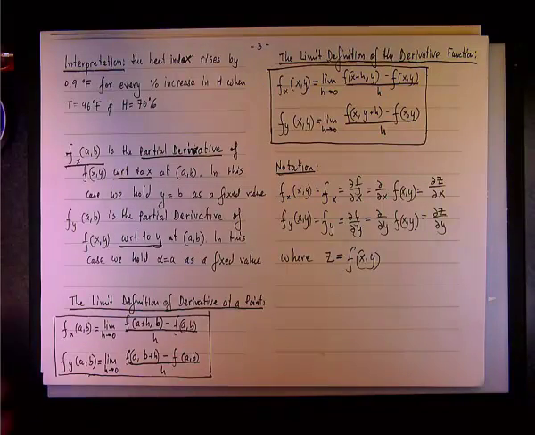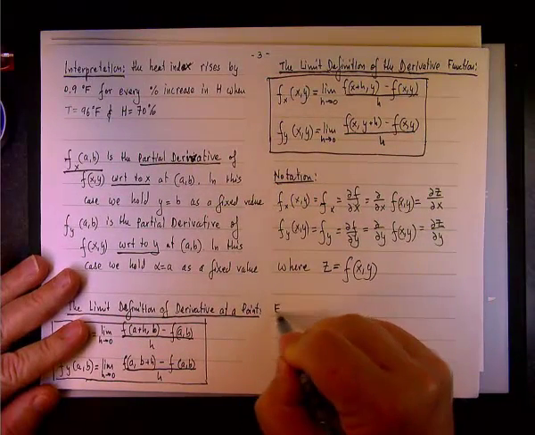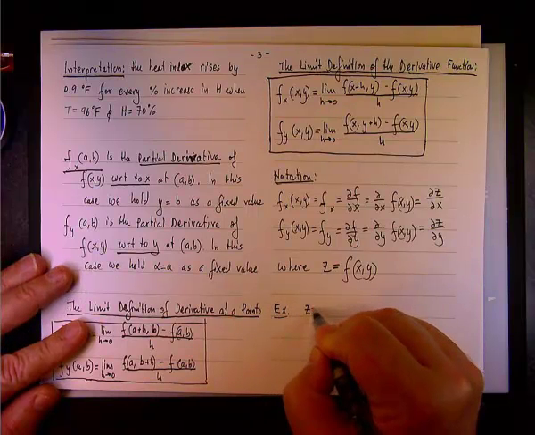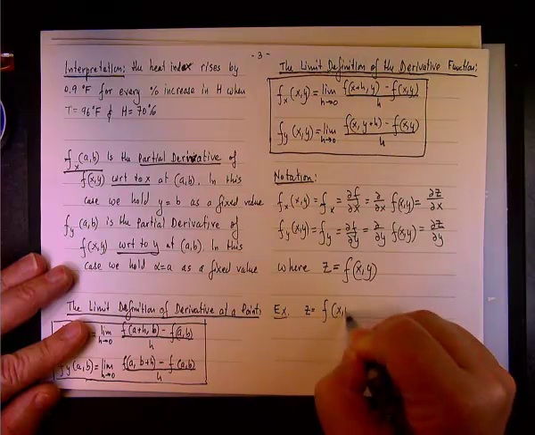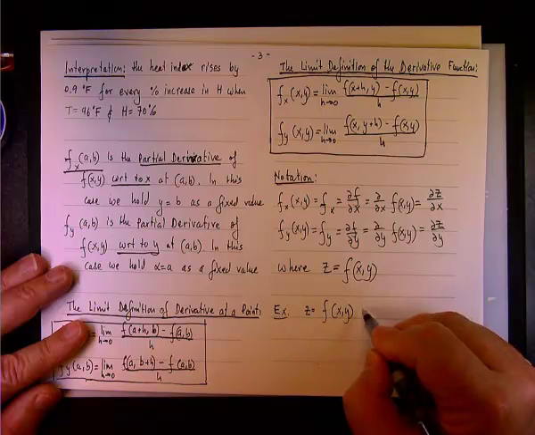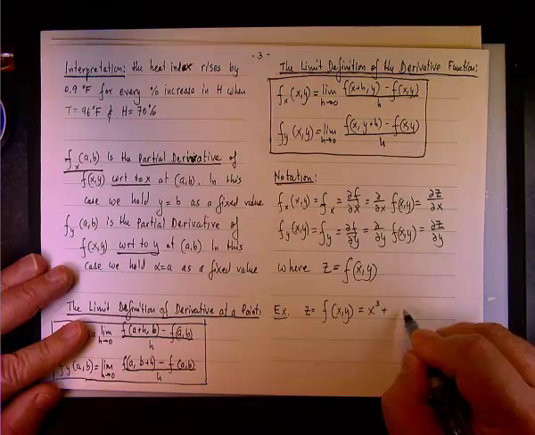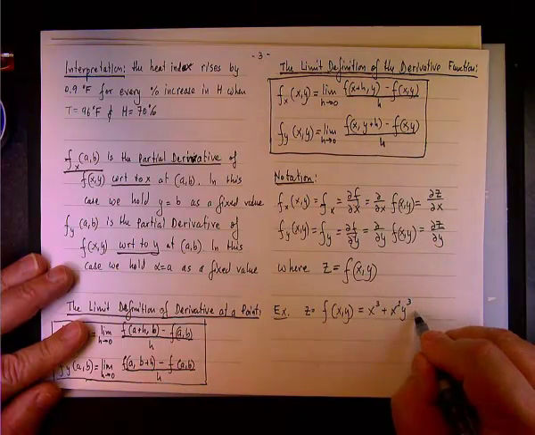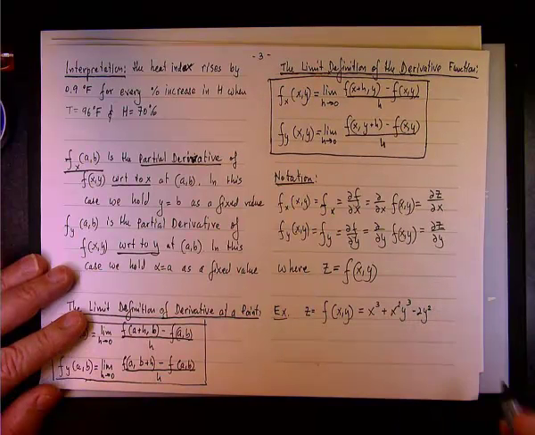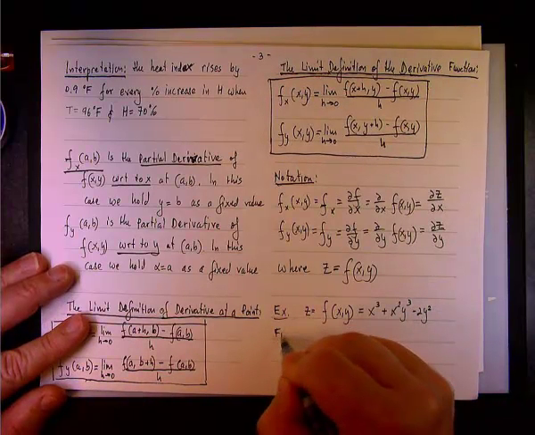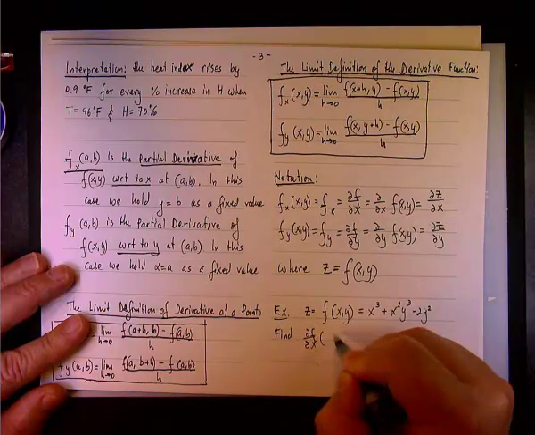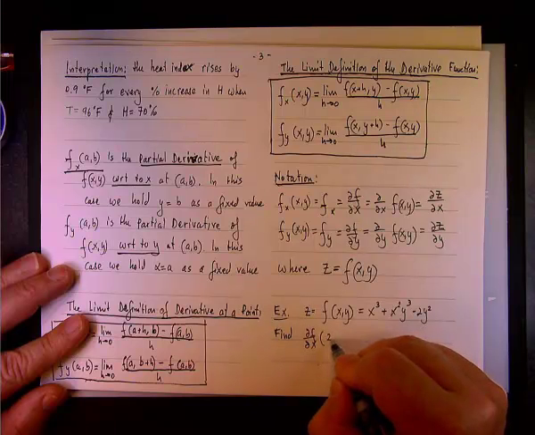So here's a quick exercise. We are given this function. It's a surface, of course, z equals f of x, y. The function is x cubed plus x squared y cubed minus 2y squared. And what we need to do is evaluate del f del x at (2, 1)